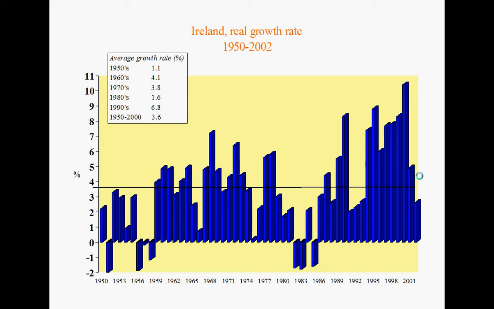The 60s and 70s had fairly vibrant growth, but it really only is in the 1990s that growth went through the roof. So an average growth rate of 6.8% in the 1990s, which is a phenomenal rate of growth. And it's a growth rate we're unlikely to see re-emerge in the medium term. And you can see it peaking there at almost 11% in about 1998, 1999, which is a phenomenal rate of growth, only matched at the moment by the better bot